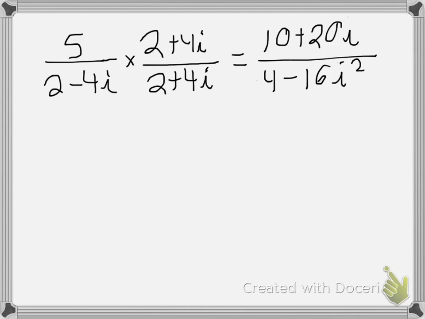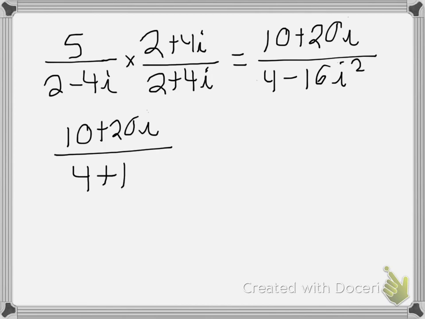Okay, so we have our 10 plus 20i up top still. I'm going to leave that alone. Okay, and now I have 4. Now, this says minus 16 times i squared. Well, i squared is -1. So -16 times -1 is positive 16. So we're going to be plus 16. So I now have 10 plus 20i